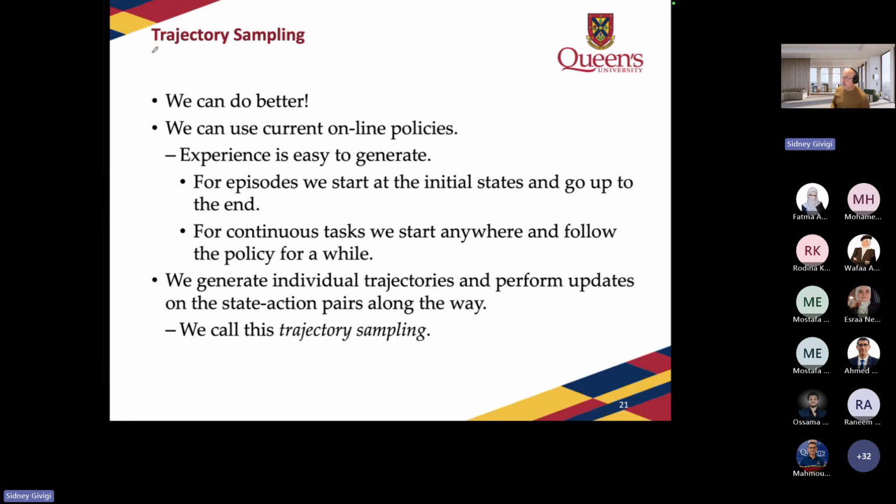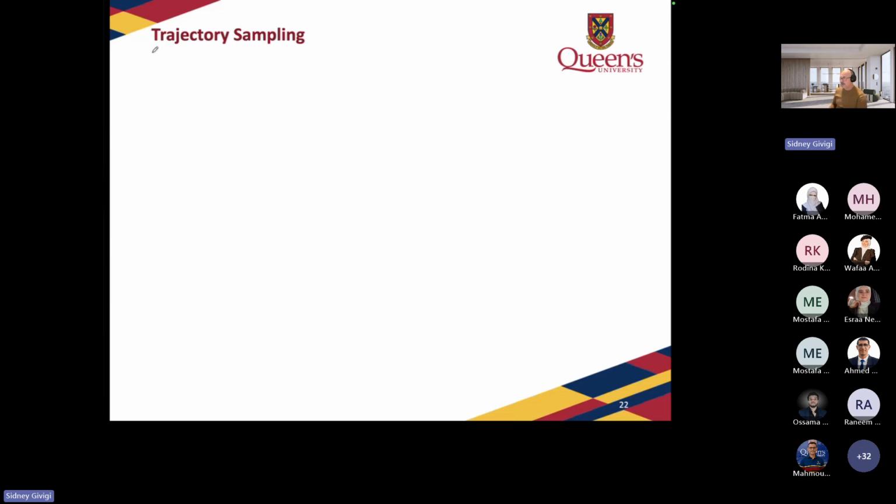And then we are going to perform the updates on these trajectories directly. Now, observe that we can do this in a sequential way. We can go from the initial point all the way to the end point, and this is all fine. But in modern applications, you do this as a batch, right? The trajectories are going to be batches that you are learning from. But they are going to be based on real trajectories that you can actually follow. So this is what we call trajectory sampling. And there are lots of different ways to create these trajectory samplings.